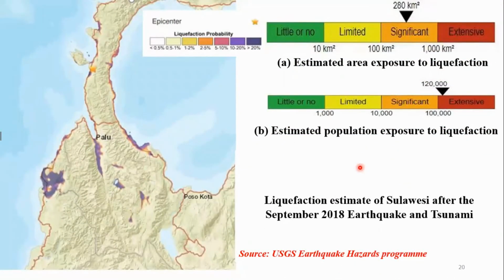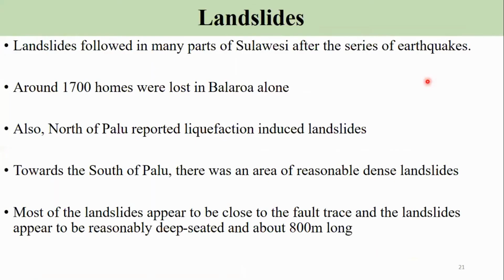This is the liquefaction map of the area, showing liquefaction probability. It is color coded, and this shows the areal extent of the liquefaction damage, and this shows the population exposed to liquefaction damage. Similarly, landslides were also one of the important after effects